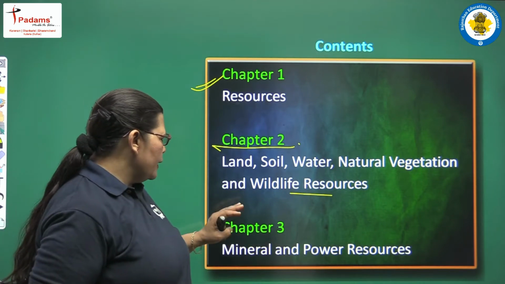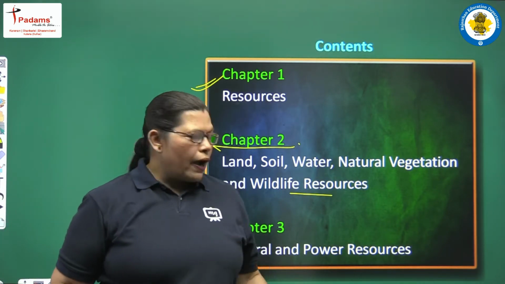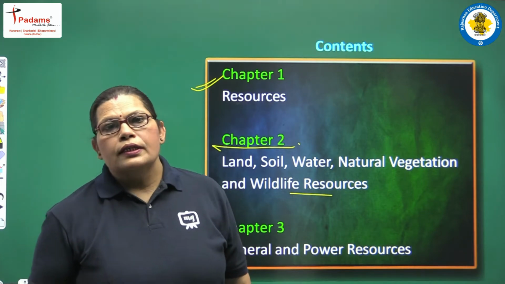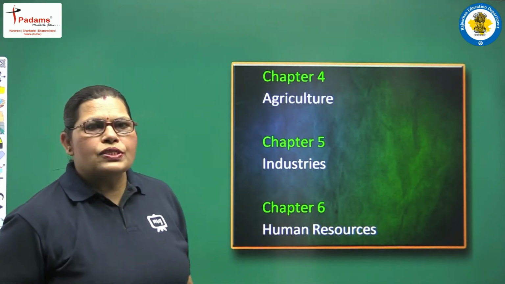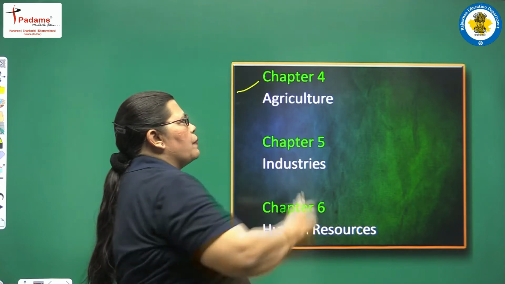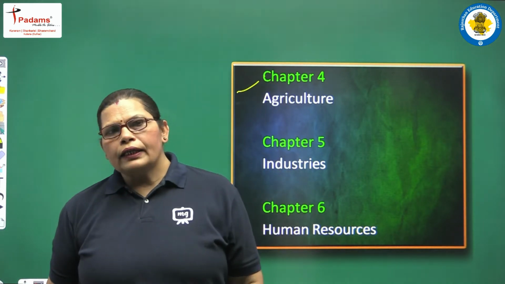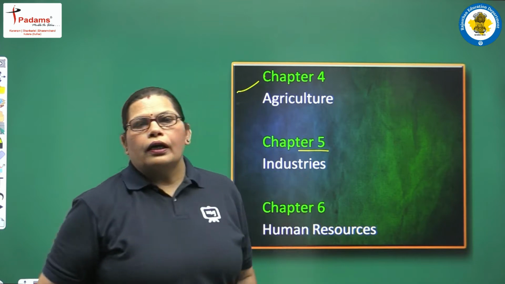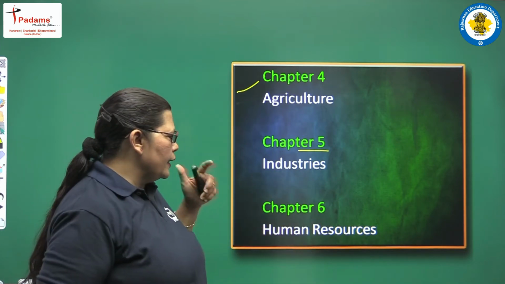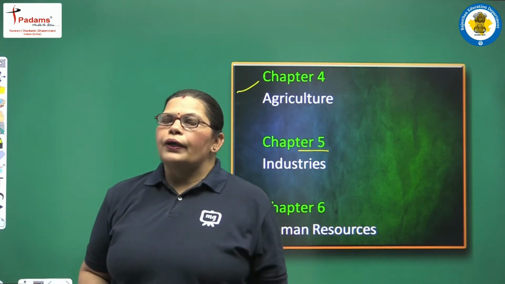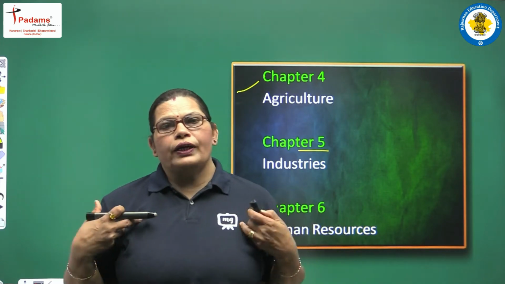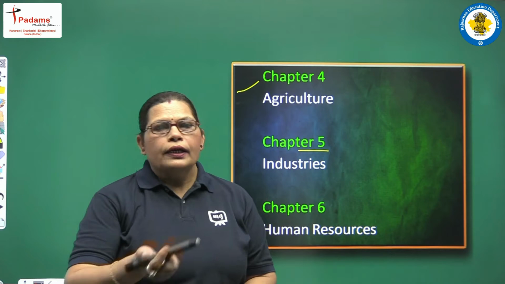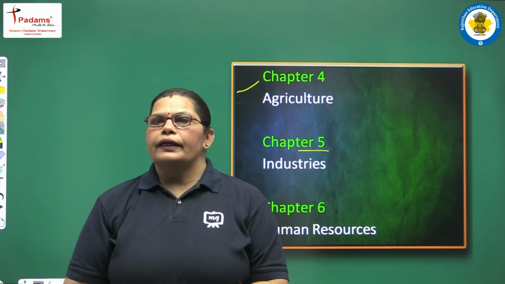Our next chapter is minerals and power resources. In different chapters we will read about these contents. And what about the next chapter's name? Our chapter 4th covers the agricultural portion. Okay, and in chapter 5th we will cover industries, and in the last we will cover human resources. Yes, we are human resources, but how we are human resources, that we will read properly in this